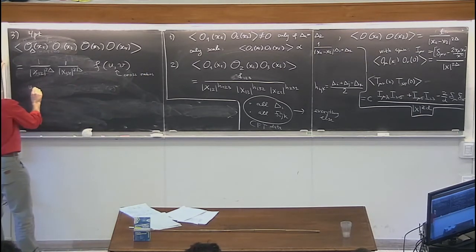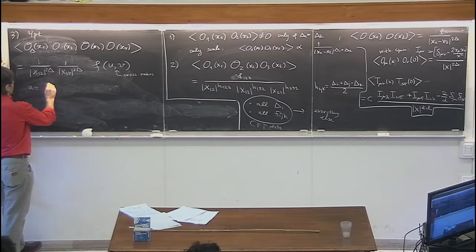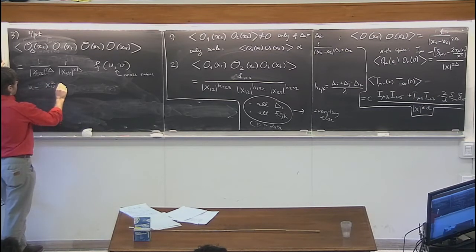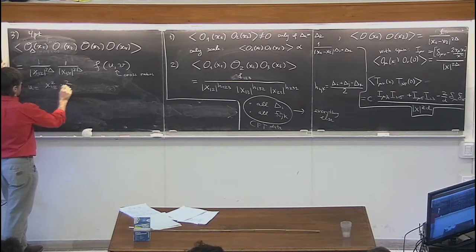And they have the following form. u is equal to x12 squared, x34 squared, divided by x13 squared, x24 squared,